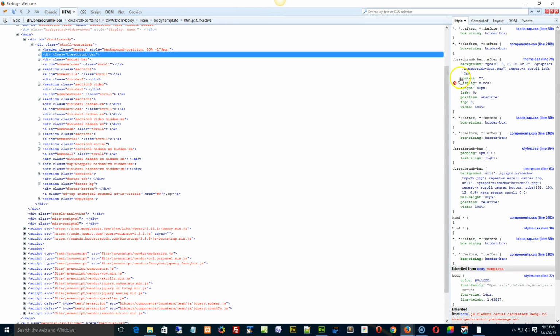I'm going to expand this all the way out so it's easier to see. And you're looking for a background style, and it may or may not have a color, but typically when you see something that says breadcrumb bar after, that means it is a partial style, such as an image or whatnot. What you're looking for right here is going to be